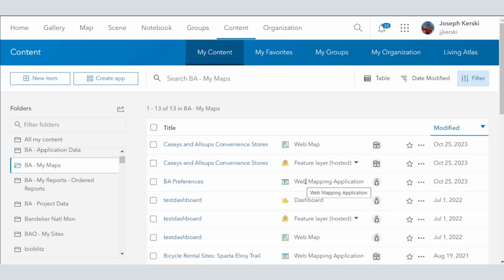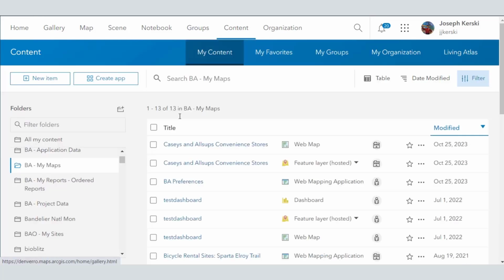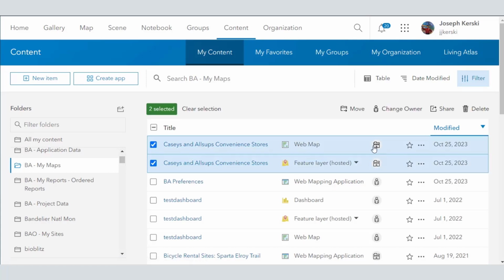So I'm back in ArcGIS Online now, and I can see the convenience stores as a feature layer. I also have that web map with those layers inside of it as a web mapping application, which is the BA Preferences. I'm not quite sure what BA Preferences is, but I don't want to delete it. So you also have BA Preferences as a web mapping application. Somehow I suspect that it's needed, although, again, nothing to really do with it, but I'm going to go ahead